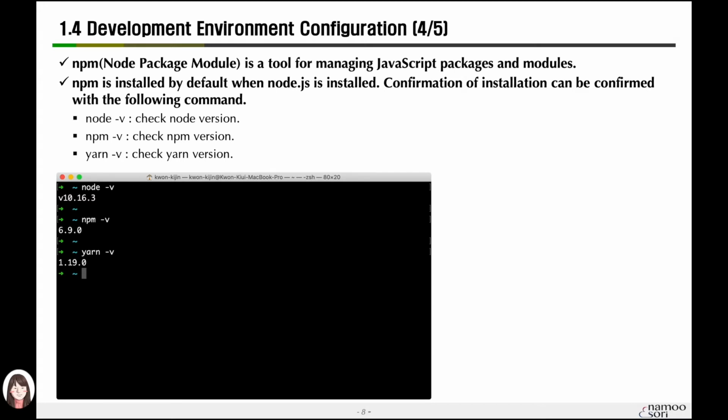There are many JavaScript modules in the world. Like I said, there's a variety of modules like React.js, React DOM, Angular, Vue, MobX, and Redux. We need a tool to install and run those modules in the environment we are going to work on. You can understand that the tool is npm.